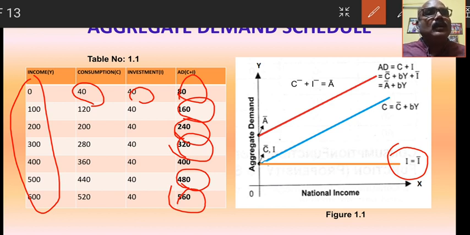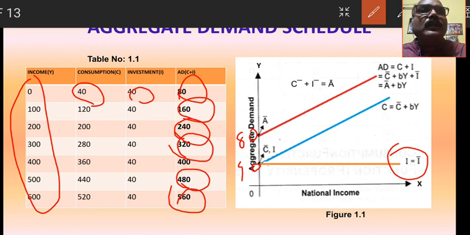कंजम्पशन कर्व y एक्सिस से एक पॉजिटिव इंटरसेप्ट से शुरू होता है, तो ये पॉइंट से शुरू हुआ है. जो ब्लू कलर का कर्व है वो कंजम्पशन कर्व है. मिनिमम कंजम्पशन 40 है, वहाँ से शुरू हुआ है. तो 40 और ये 40, सो 40 प्लस 40 80. सो द एग्रीगेट डिमांड, ये 80 से शुरू हुआ है. Is it clear? I think you understood.